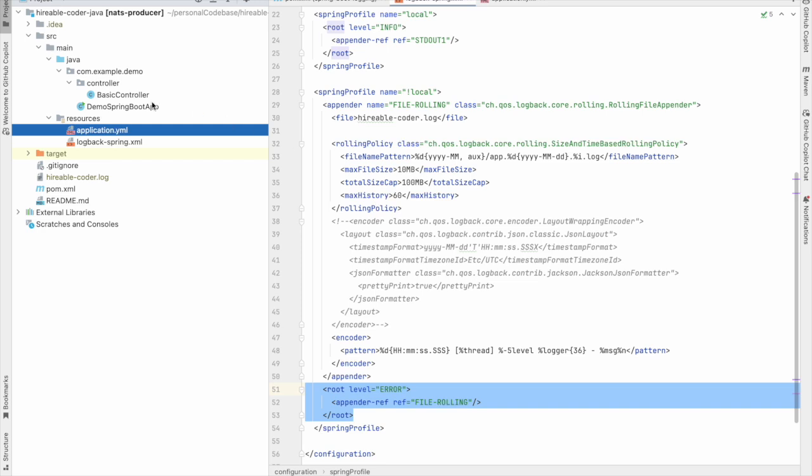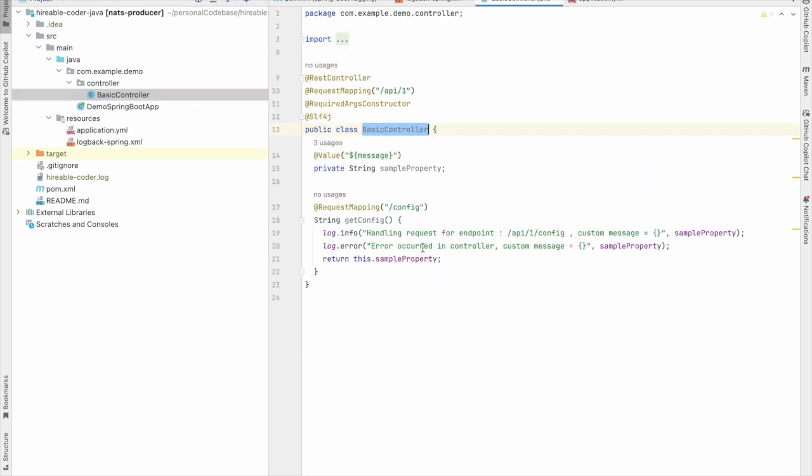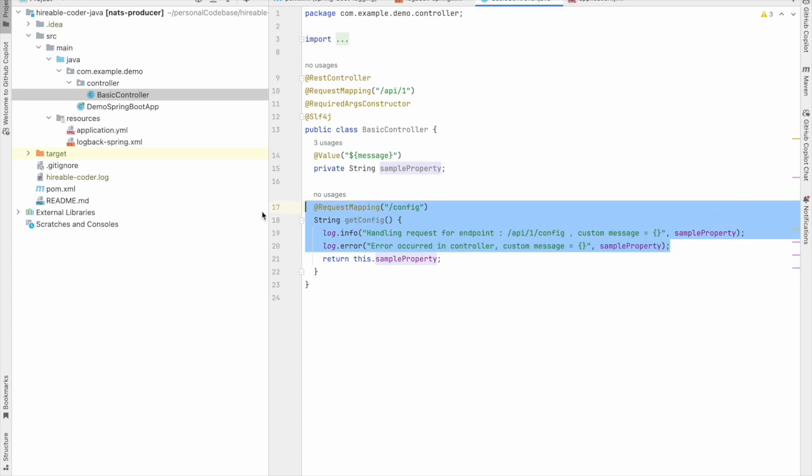Next is, if you go to the basic controller, you will see that it's a very simple controller, a very simple endpoint, and when this endpoint is invoked, then I have an info level logging, and then I have an error level logging. And as you can understand, in production, since I have only configured error, only this line will appear in production, and in local environment, since all lines will be logged, then both these lines will be logged. By the way, this is not an error, but this is just a demonstration of how we can configure info and error level logging. So now I'm going to actually run the application,